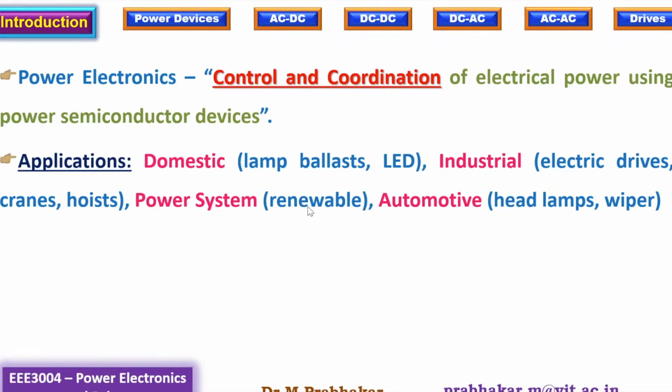Power system, again, you have renewable energy that is coming in. So you all know smart grid is a very coming field. Smart grid, micro grid, IoT enabled smart grid or grid network. So they are upcoming fields. Those fields are mainly thriving because of the background effects. In the background, power electronics plays an important role.